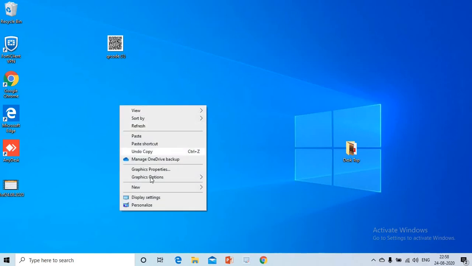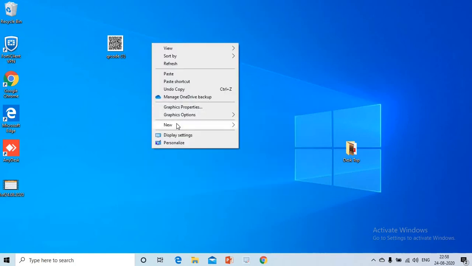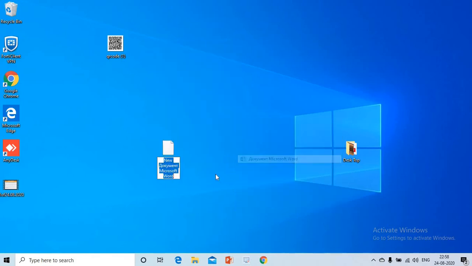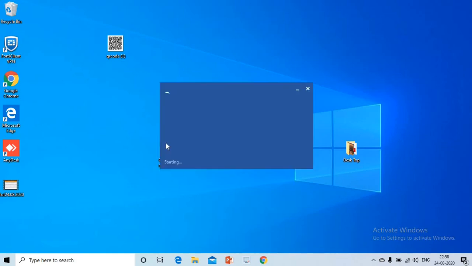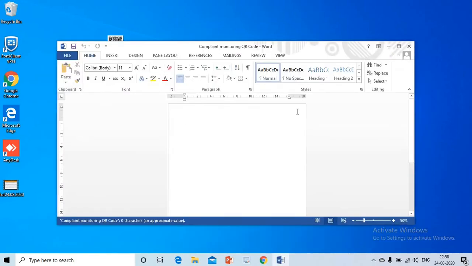What I'll do is I'll create a Word document. I'm creating a Word document named complaint monitoring QR code. Okay, I'm opening that Word file. Now I'm typing: Please register your complaints using the QR code.